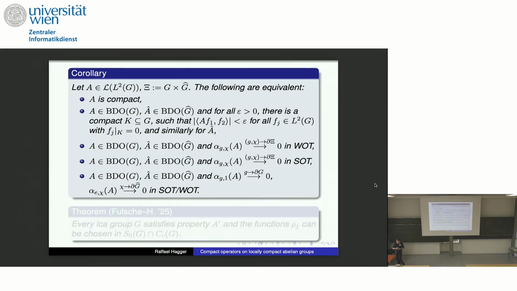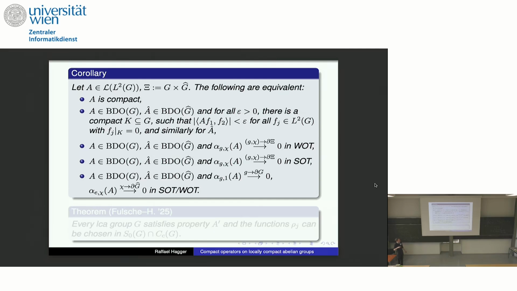Okay, so what is the takeaway? So now we can characterize compact operators on arbitrary locally compact abelian groups, and we sort of have the same characterization as for the integers, right? This looks a little bit awful, but this is just saying that, again, if you think of an integral operator, the kernel goes to 0 in every possible direction, but you have to make sense of it with,